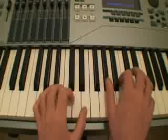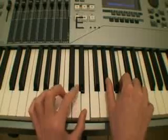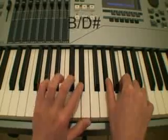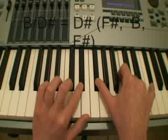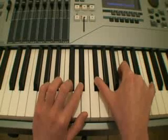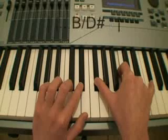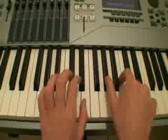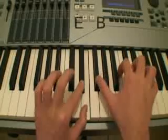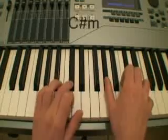Now I'm gonna add the right hand, starting with an E major chord. 2, 3. When I'm gonna play the D sharp, I'm gonna play here in the right hand F sharp, B, and F sharp. This chord is also a slash chord, B slash D sharp, and this chord is an open position chord. We're gonna talk about it later, but for now it's just nice that you can play it, isn't it? 1, 2, 3, 4th count to B slash D sharp,